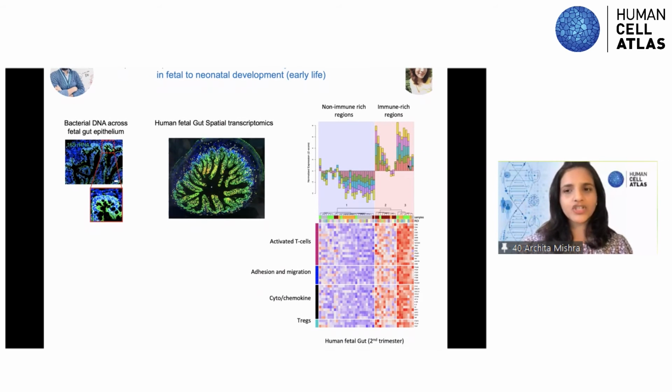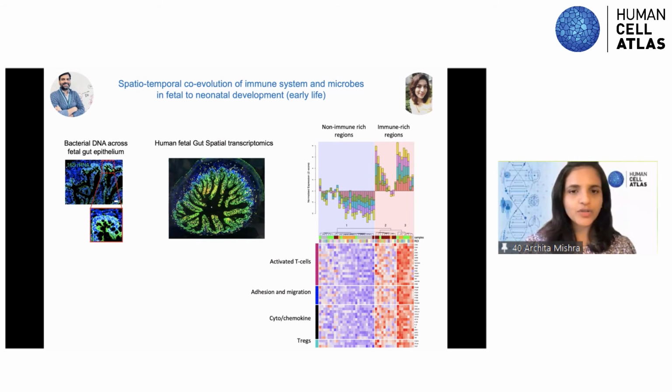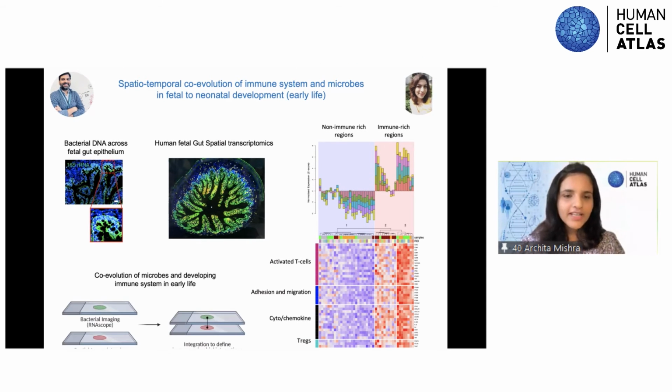Some of them were rich in regulatory T cells, and some of them were rich in effector memory T cells. And there were certain regions which were kind of devoid of immune cells. So immune cells were kind of localized in certain spaces. And now what we are trying to do is basically overlay these two systems and understand